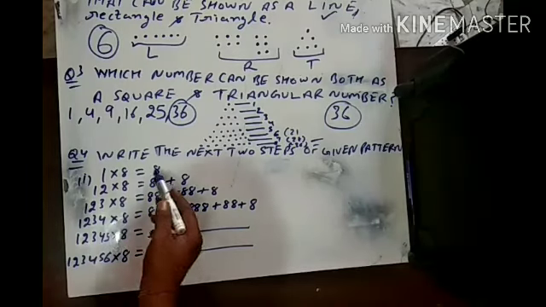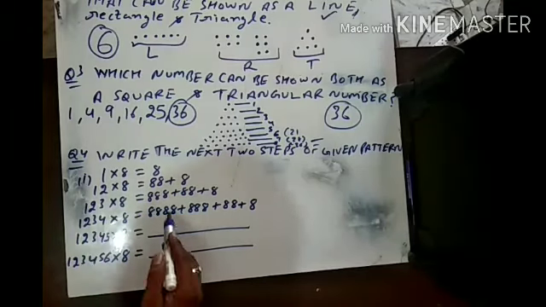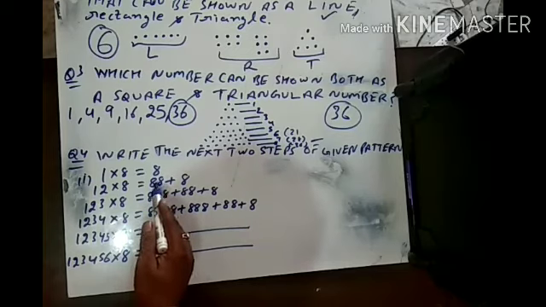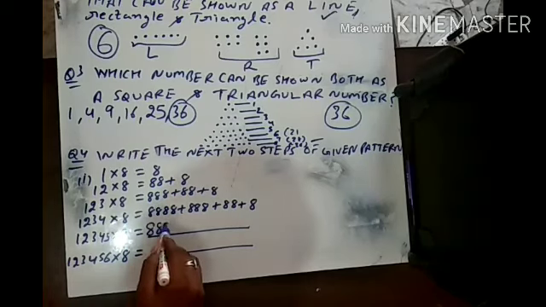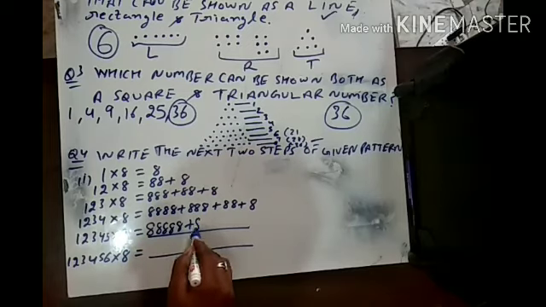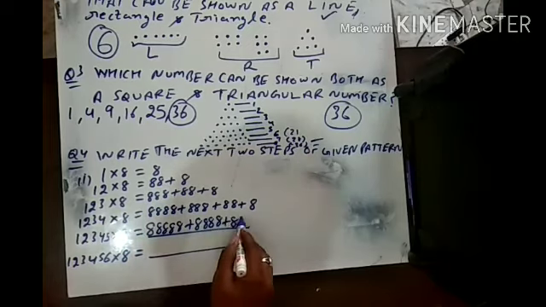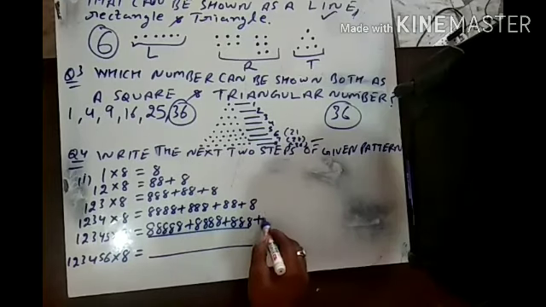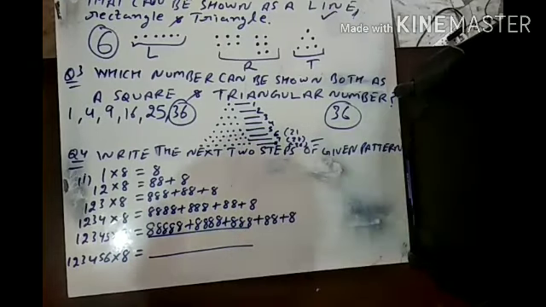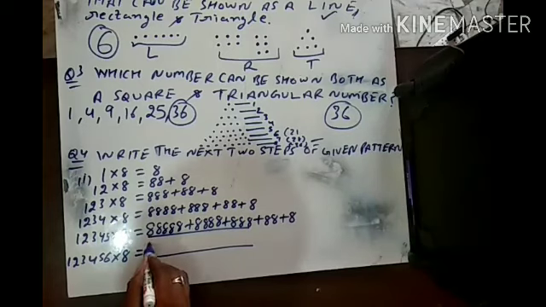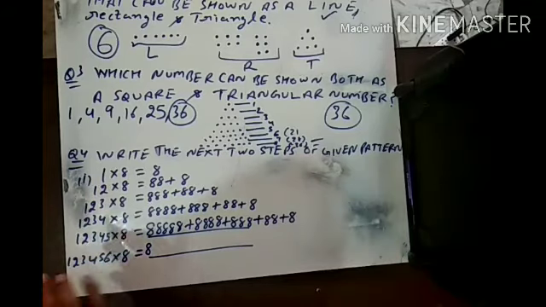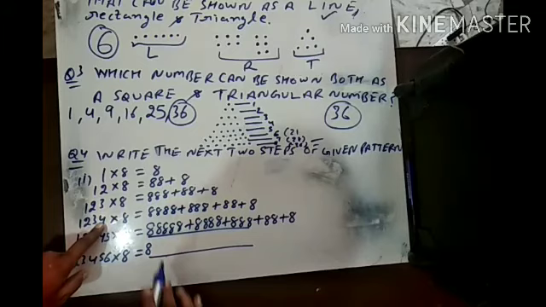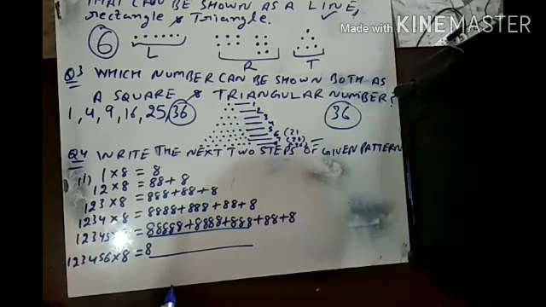Here you can see that the pattern is going on increasing: 8, single 8, double 8, after that triple 8, after that 4 times 8. Now the next pattern will be 5 times 8. 1, 2, 3, 4. And the next one will be, this is 5 and this is 6. If there is 1, then it is 1 eight. If there is 2, then there are 2 eights. The pattern is starting from 2 eights. And if there are 4, then the starting is from 4 eights.